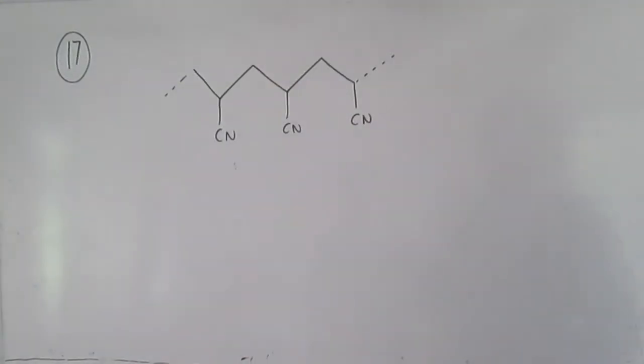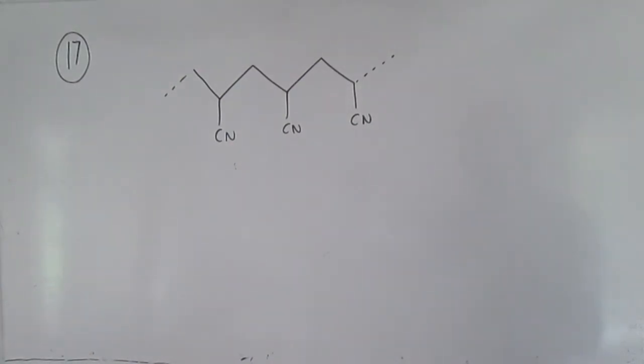Question 16 is a real giveaway one if you've just learnt your basic definitions, because an electrophile, you just have to learn, is an electron pair acceptor, and there it is, that's answer A, so it's as simple as that. So in question 17 we have one of these addition polymers,